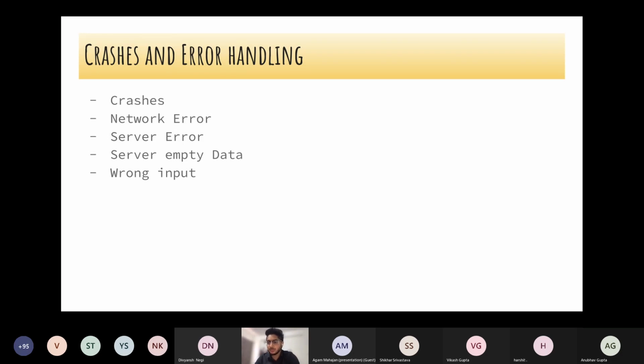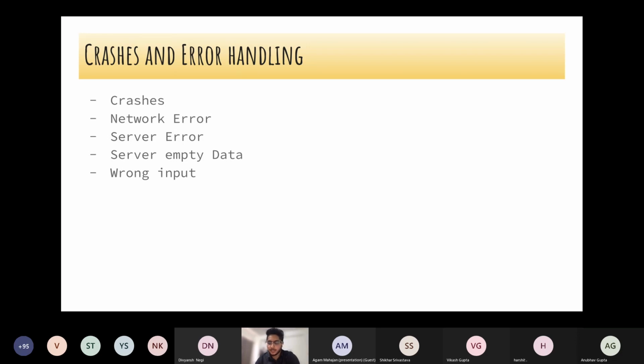You should appropriately show, let's say, an error page when the internet is off. We can get callbacks that the internet is off, so you can tell them their internet is off, do this, or you can show error pages. Show something to the user, like why the app is slow or something like that.